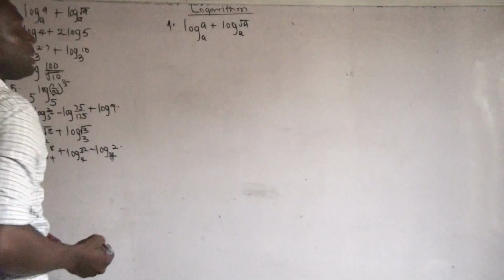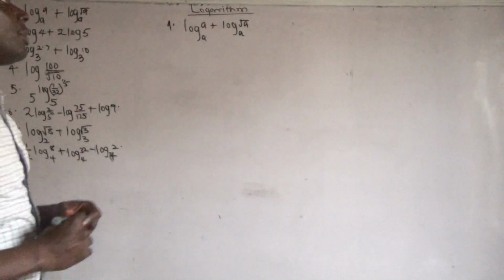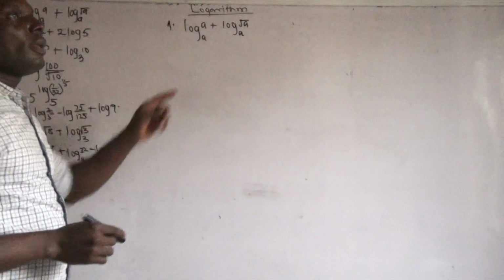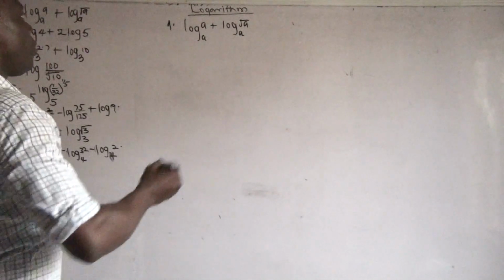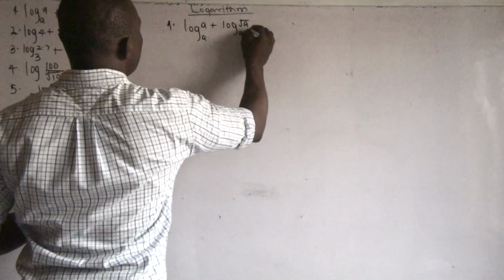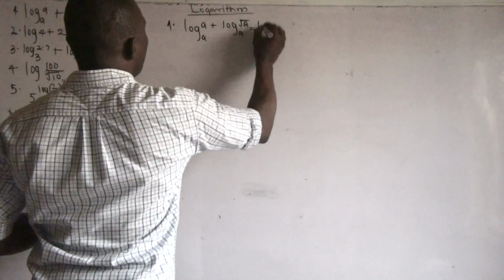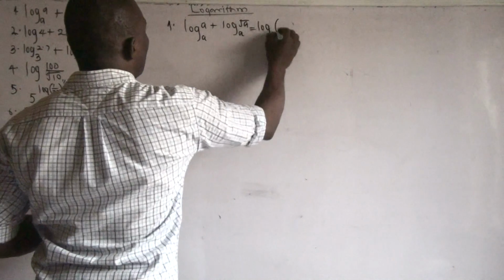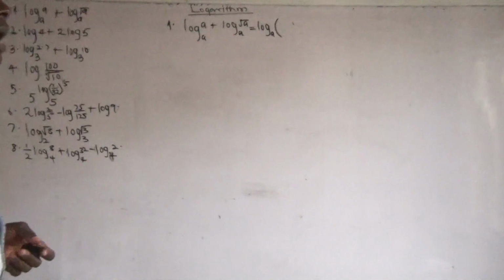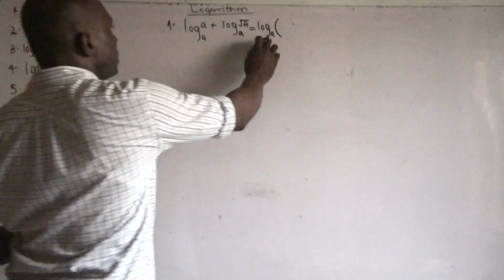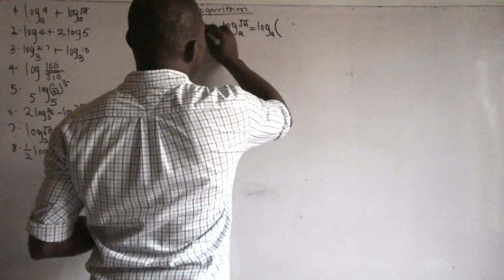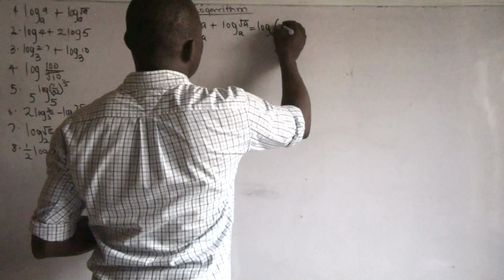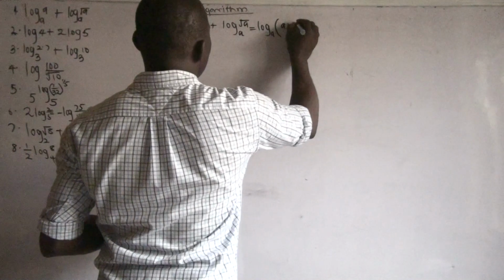Because this is an addition sign and the two bases are the same, we simply say that this is equivalent to log, put the log outside to the base, which is a, and we multiply the logarithm, which is a times square